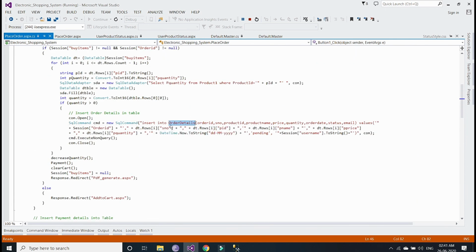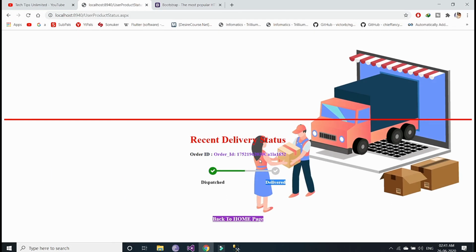Here we have used this table, so we have to add the new column, that is email. And for the value of that column, we have to set the session name, that is the user session name, the email id which is stored in this session. So for the email column we are going to get the value from the session. After that, this pending part, we have to add. Okay, now it's completed for this page.